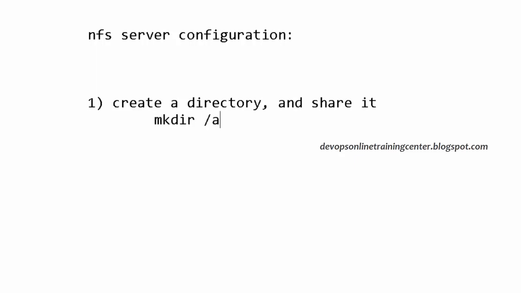So first create a directory, let us say /a, and then we need to update a file called /etc/exports, right? So here we give options like share directory /a, and you can specify read only or read write, and to all the machines. We can also restrict the machines, but let us say I want to give it to everyone. So I want to do read only access. We'll see what read only means later.